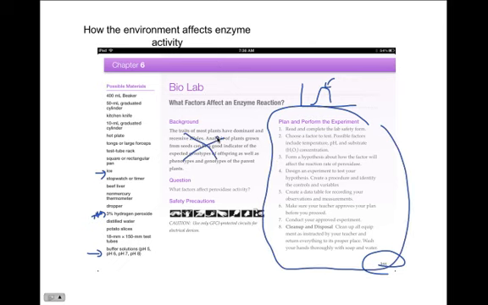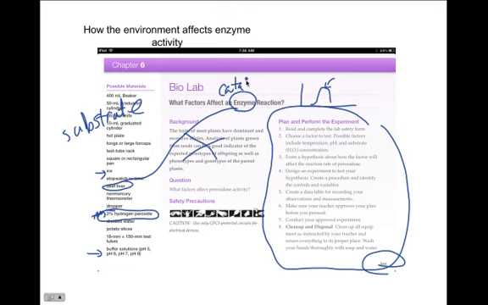Not so much here, I'm not even sure why that's in your book right there, except for something about how the enzyme is coded for, but we're going to get to that later on. But we're going to see a couple things. We're going to look at a substrate, and the substrate is going to be peroxide. And the enzyme that we're going to look at is going to be taken from a liver. Yes, liver is another place where this enzyme called catalase resides to break down the peroxides.